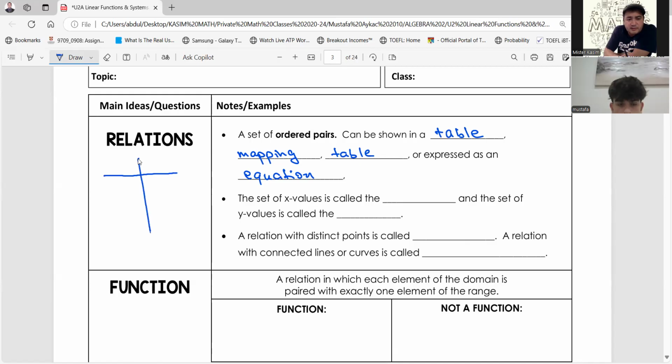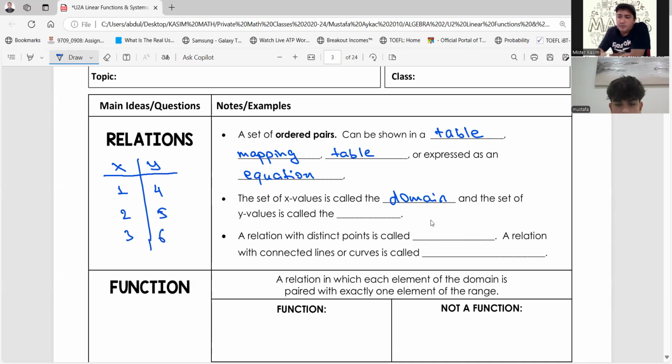If you're given a relation, for example, let me give you one example in a table. Let me write here x, and here y. Let's say when x is 1, y is 4. When x is 2, y is 5. When x is 3, y is, for example, 6. Okay, so the set of these x values is called the domain,